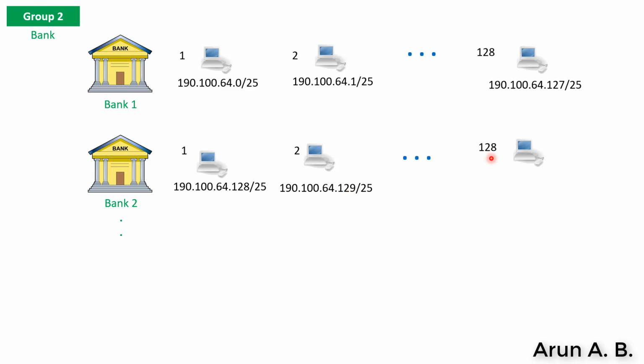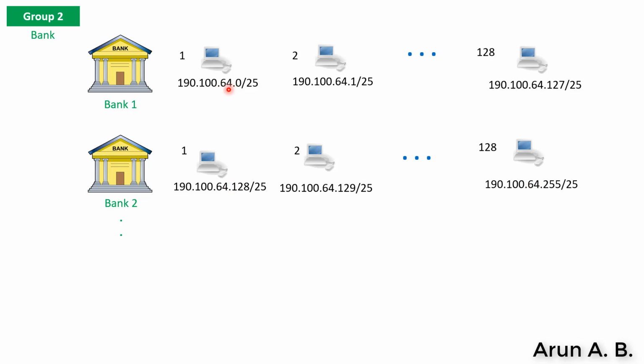Finally, the 128th device in bank 2 will have 64.255. Here you can see that 0 to 127 plus 128 to 255 has completed a range in the block